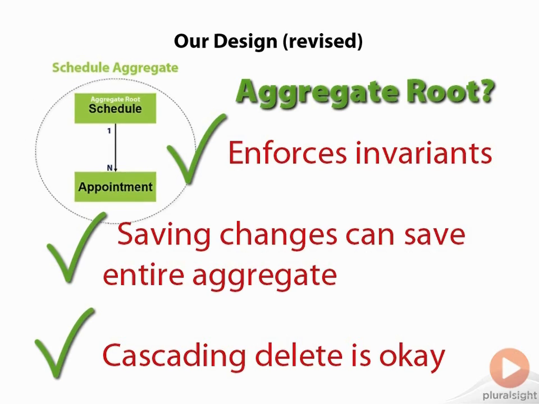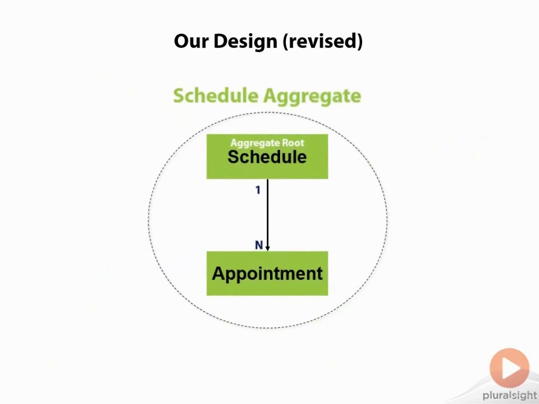And when we retrieve a schedule, we'll most likely be filtering which related appointments we want to look at. For example, today's schedule or this week's schedule. That would mean we want all of today's or all of this week's appointments from a particular clinic's schedule. It really does make a lot more sense to me to tie the appointments to a schedule than directly to a clinic. I like it. Now, let's see how this affects our design.